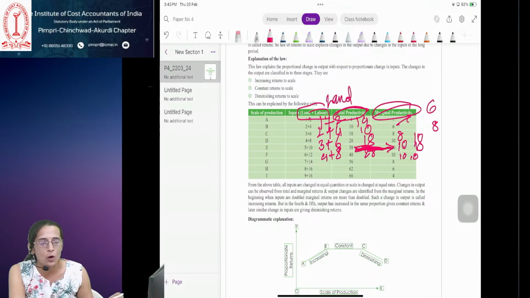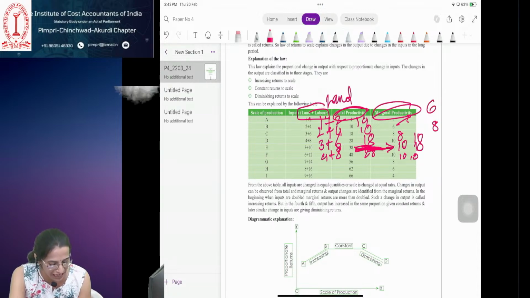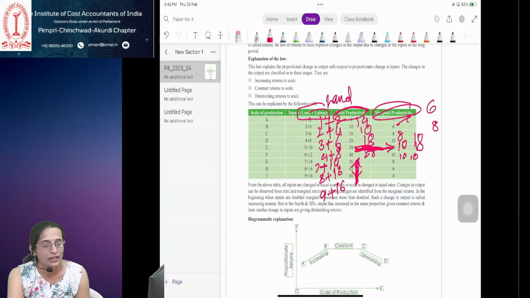The increase is constant. Now what is happening again when we increase both the factors of production, that is land and labor, 7, 14, 8, 16, 9, 16. The total productivity is increasing, right? But what is happening to the marginal productivity? The marginal productivity is also